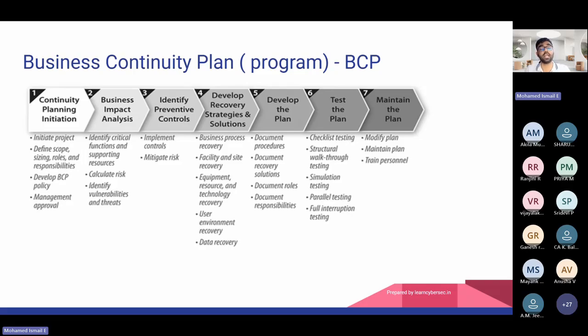So if there is a flood happening year on year, they learned from the natural disasters. Now they prepared this plan. So now they formatted this plan and sent it for management approval. That is the first step. So they defined during an incident, this is how we need to react. This is how we need to inform the customers. This many days, the factories will be shut. Employees are instructed to stay safe at home, so they will not run into any other problem while working in the factories. So they will not come to work. So that's the planning initiation, and that gets approved.